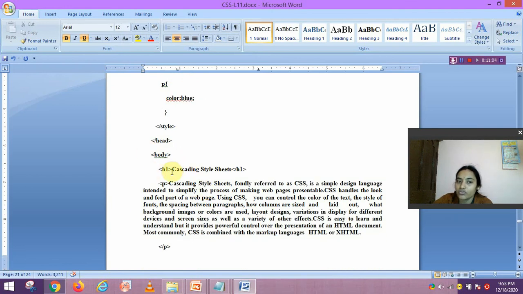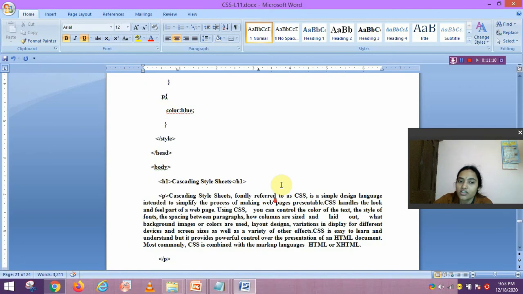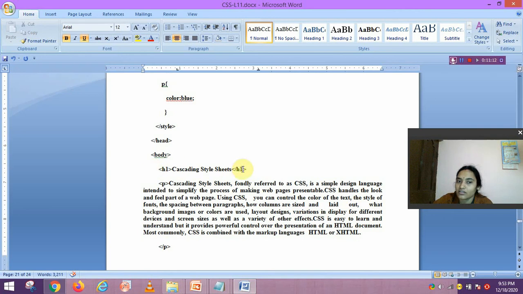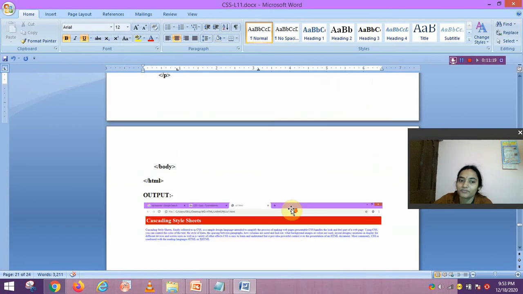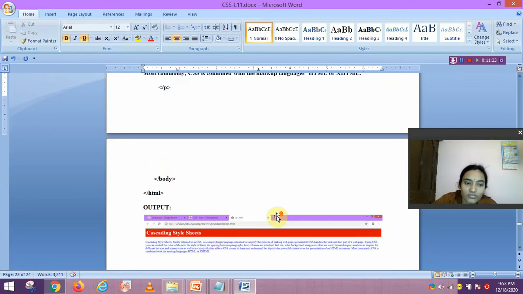In the h1 tag we write Cascading Style Sheet. Whatever style is mentioned here will affect this text. Then we write paragraph 1, the definition of the Cascading Style Sheet. Let us run this program.